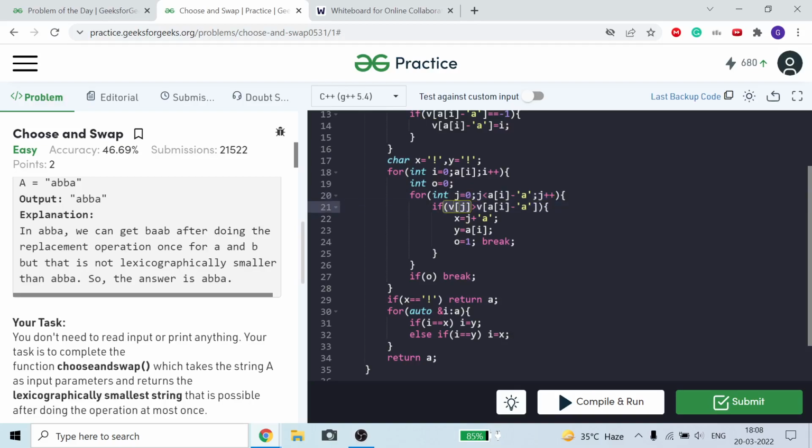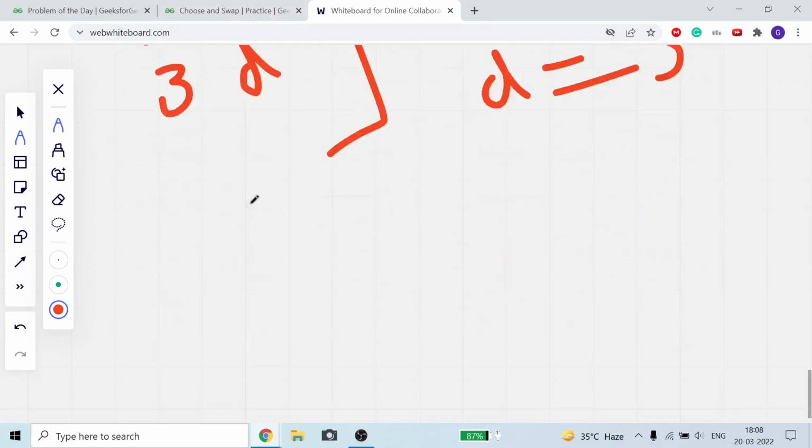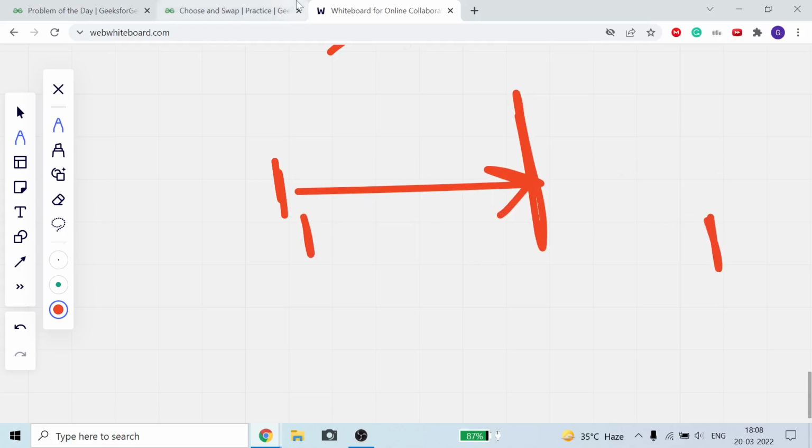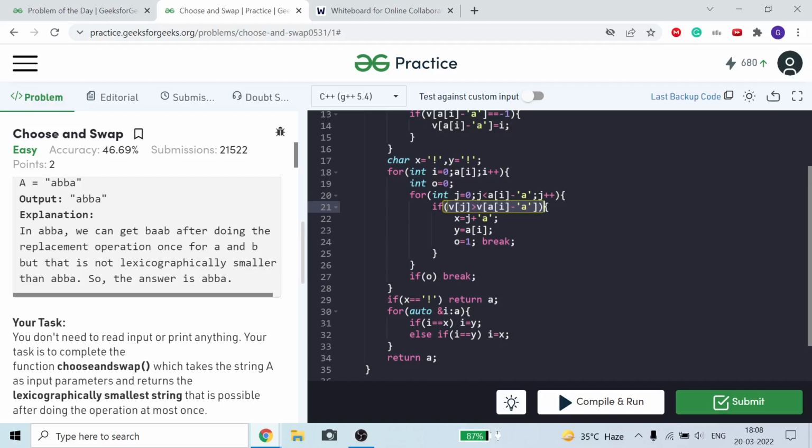If the first index of that smallest character is greater than the index of my current character, meaning my current character comes first and this A, B, C, D comes later, in the range I plus 1 to n minus 1, where I is the current index and n is the size of the string.